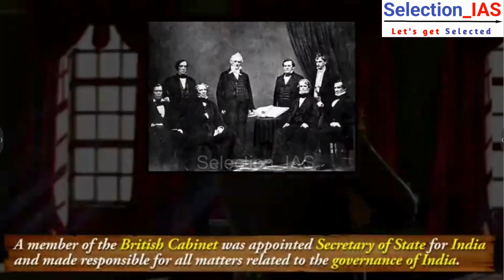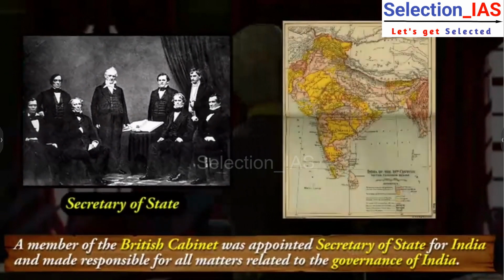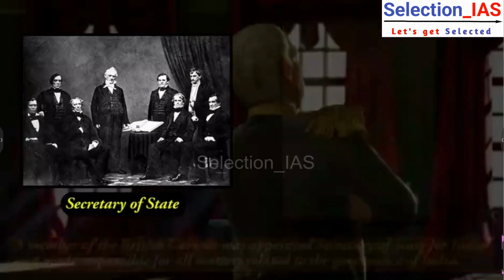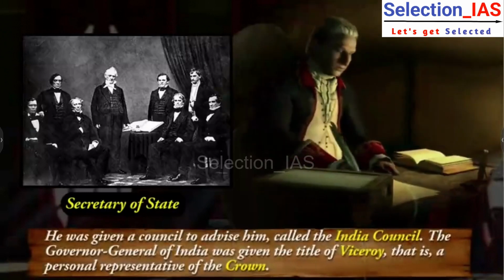A member of the British Cabinet was appointed Secretary of State for India and made responsible for all the matters related to the governance of India. He was given a council to advise him,